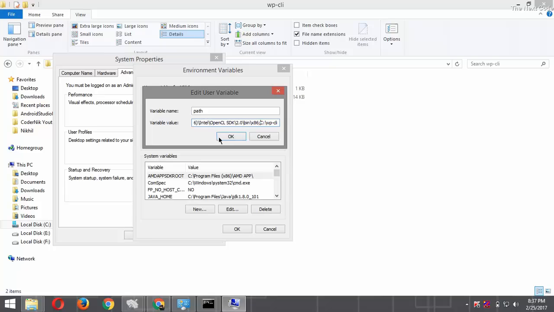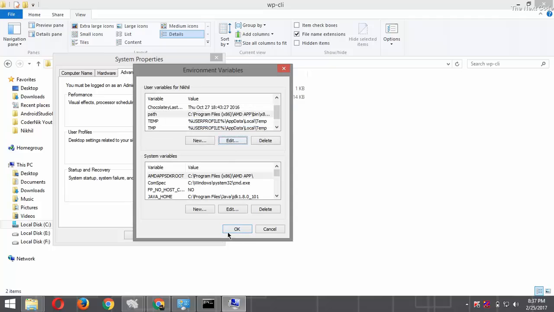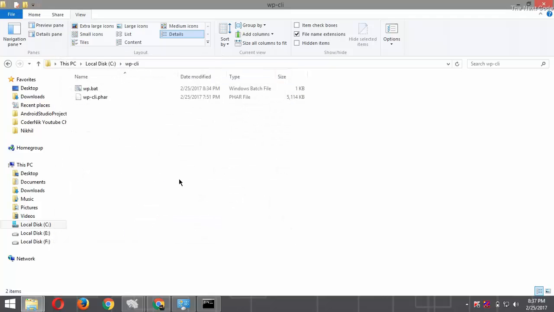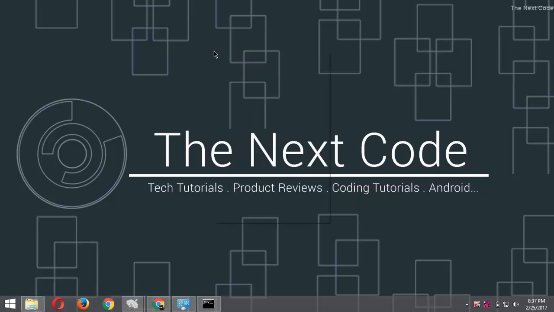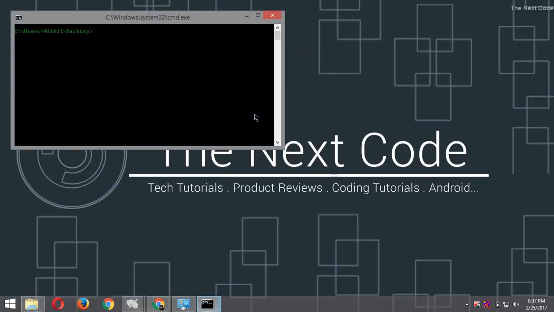Okay, now this looks fine. Click on okay. Now again check whether it's working or not. Now I am in desktop. Okay, see. So you can say this is working.